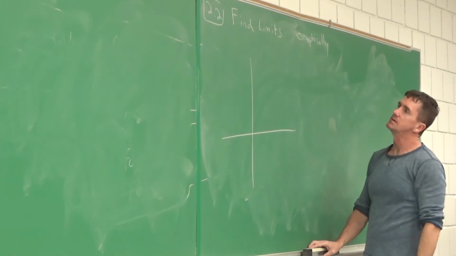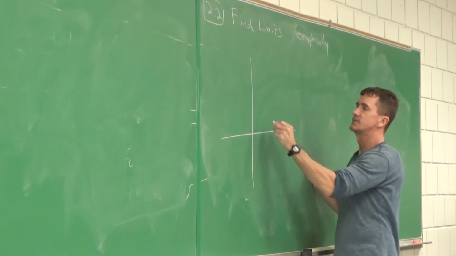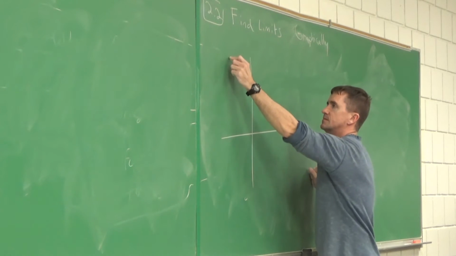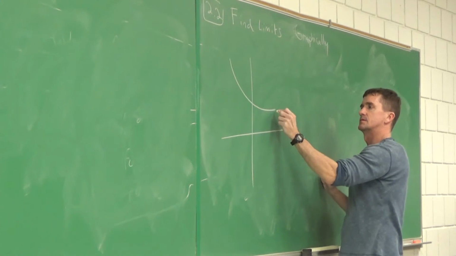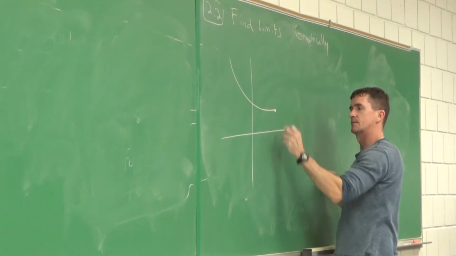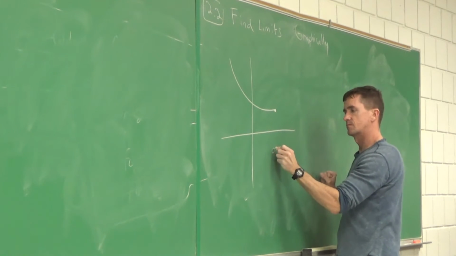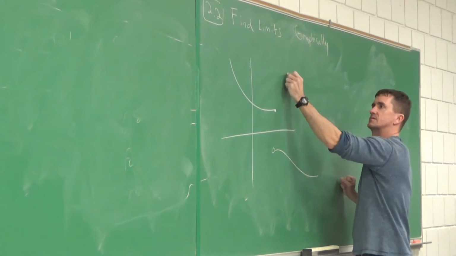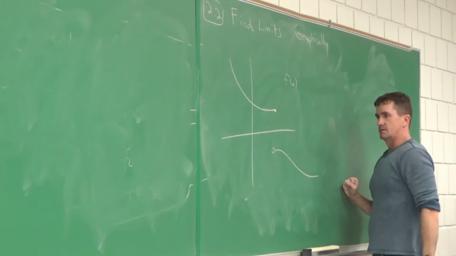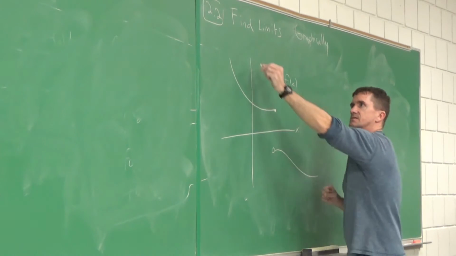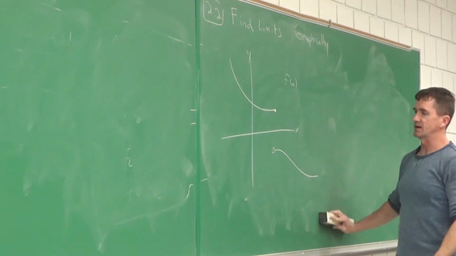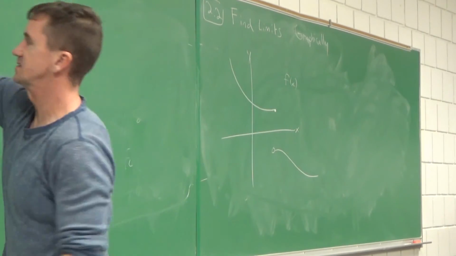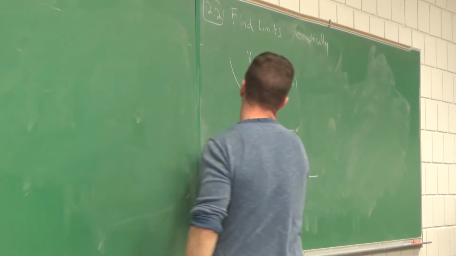All right. Let's just say you've got a graph that went like this. Okay, there's f of x. Oh, and this is the x-axis, this is the y-axis. There's my function f of x. And I'm going to ask some questions. We're going to find some limits graphically of f of x.